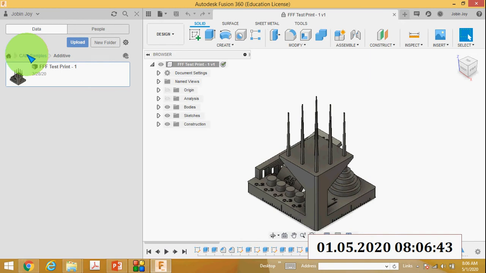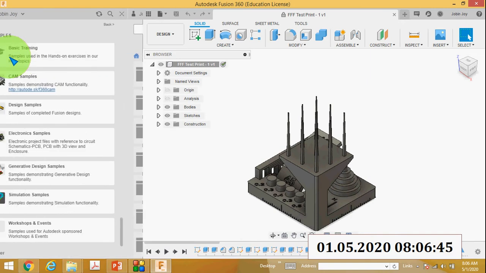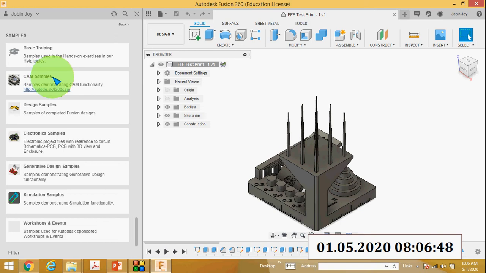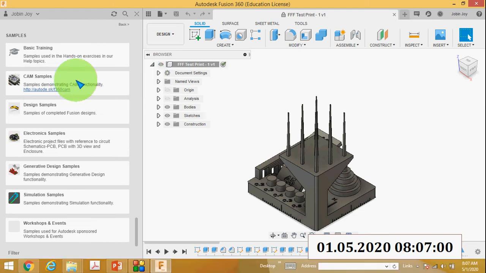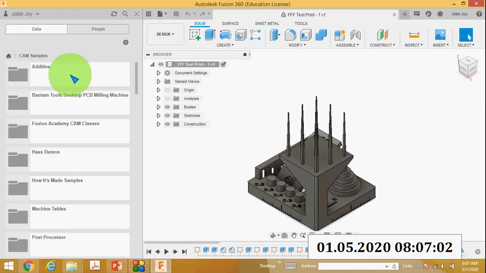First you click the data panel, then go to the CAM samples. Click the home button, you can see the CAM samples. Select this one, CAM samples.